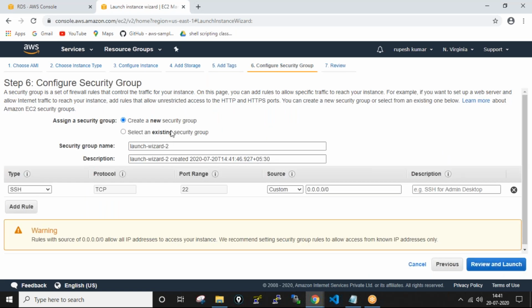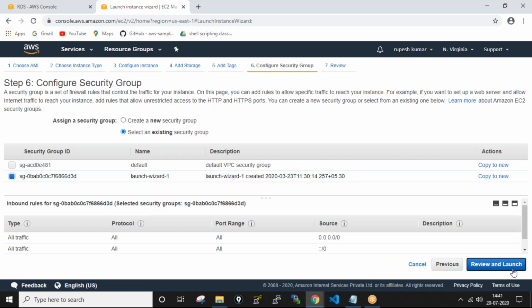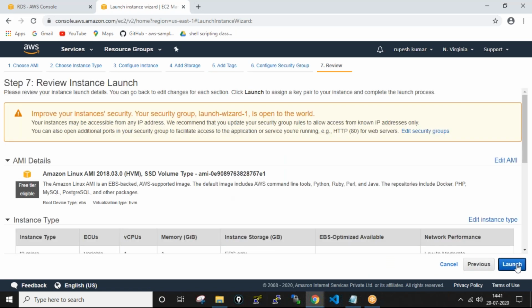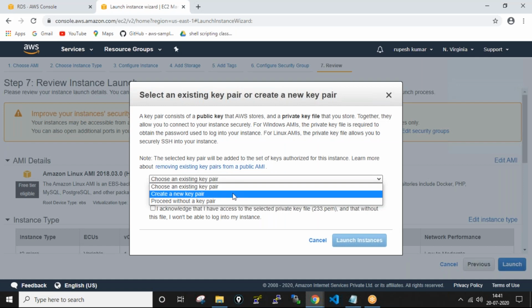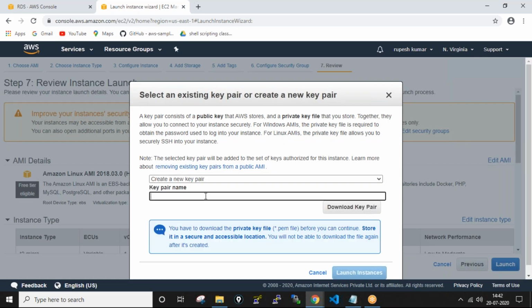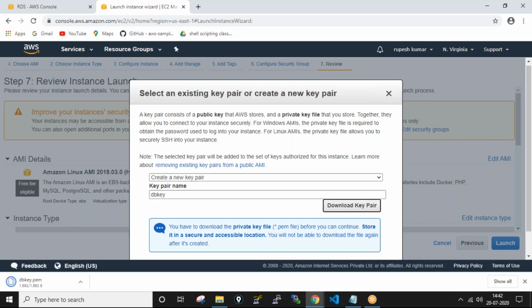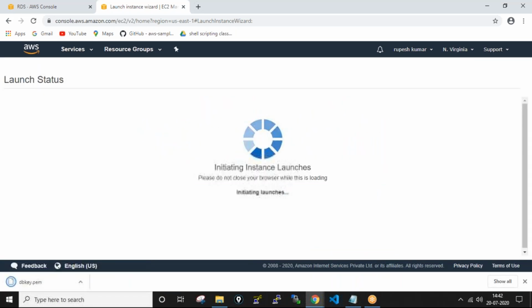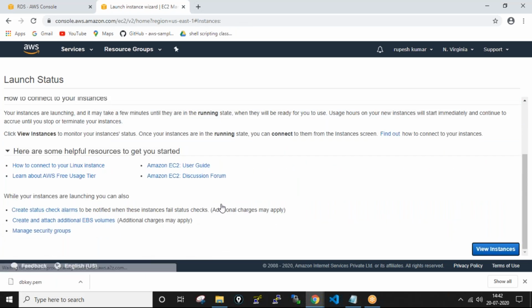Security group, existing one. So launch. I'm taking a new key pair. DB key I'm giving. Download key pair. Launch instances. View instances.